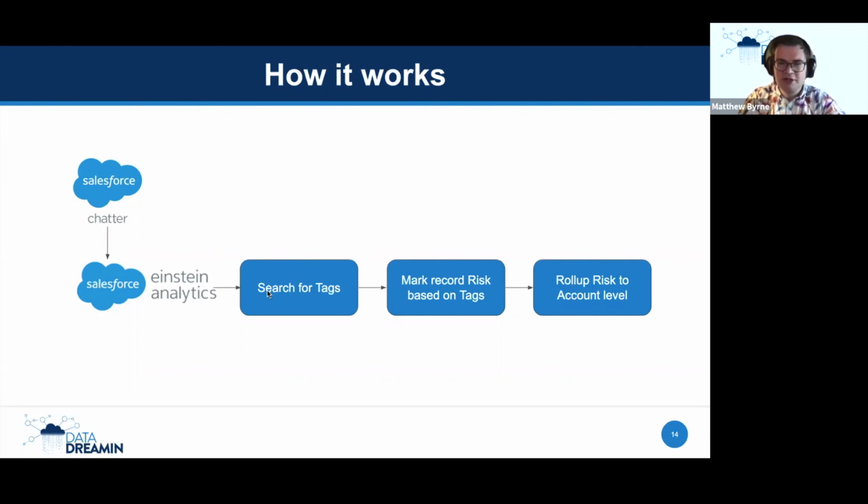If we see a tag that we've got on there, we then mark the record based on the risk of those tags that we know about. And then that is then used to tag the accounts and the opportunities that are related to the record that's been tagged as well. So it's all done within the Einstein Analytics data flow. And I'll give a shout out to Paul Ripley, who internally built this dashboard and the methodology around that as well, which is pretty cool.